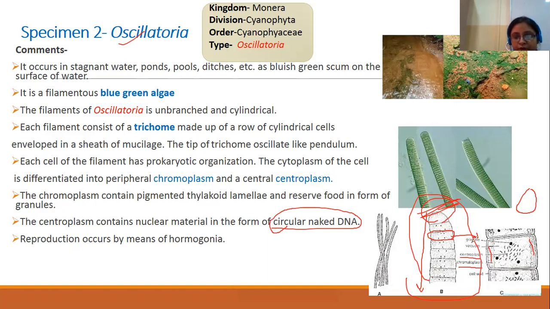Besides these, you can find storage granules and a vacuole in it. All these structures are also found. And you also find a bacterial cell wall around it, made up of polysaccharide. Now the reproduction. This Oscillatoria reproduces by the formation of hormogonia as well as by fragmentation. Each of these cells of this filament will break down and germinate to produce a new Oscillatoria. Fine. So now this is all the description of this.